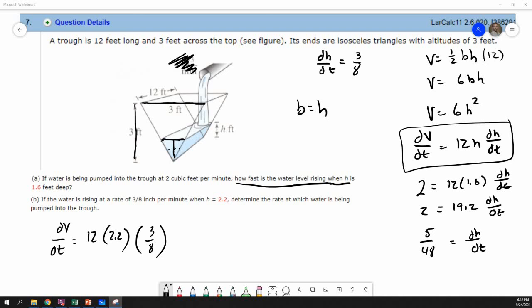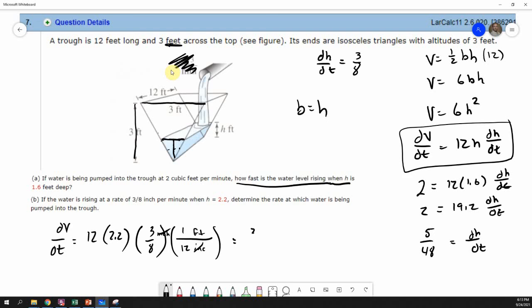Have y'all found my mistake yet? Oh, yeah. What's the problem? All this is in feet, right? So this 3/8 is in inches, right? The 5/48 that we found a while ago was feet per minute. Since this is inches per minute, I need to change it. There are 12 inches in 1 foot, so that I can cancel the inches out and be into feet. So I'm going to have to multiply that by 12, or divide that by 12,